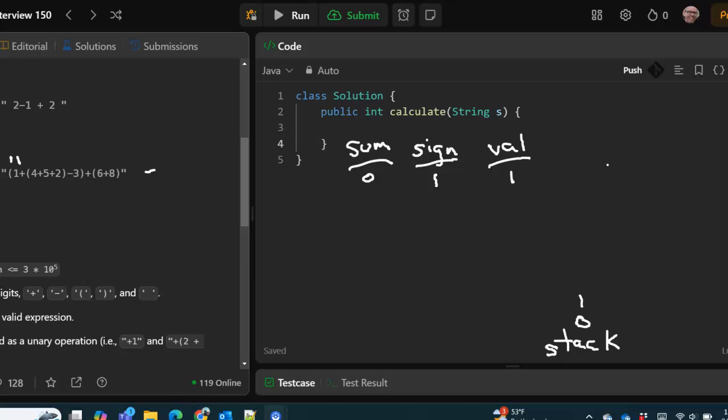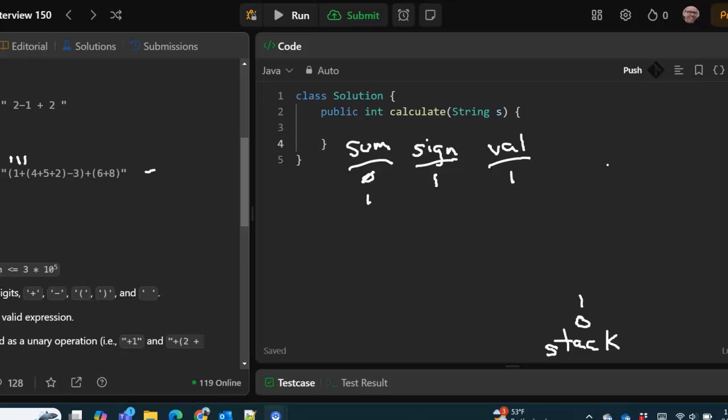Sum is going to be equal to sum plus val times sign. That means sum is now equal to 1. We're going to reset the sign to 1, and we are going to go to the next